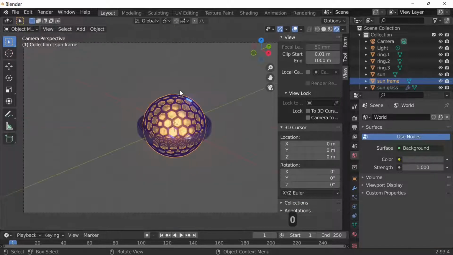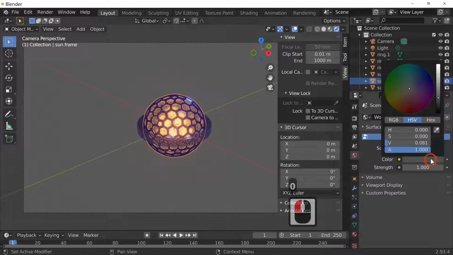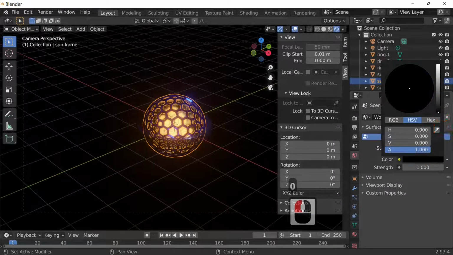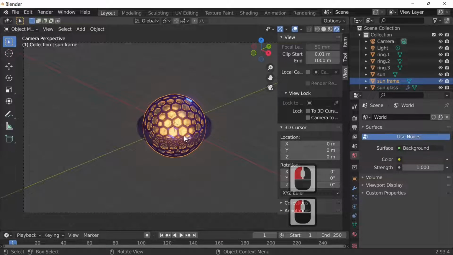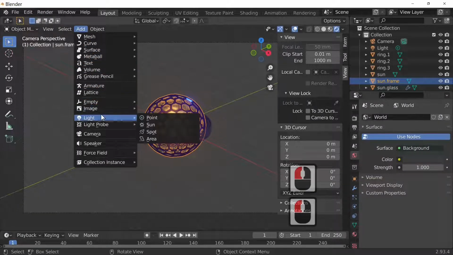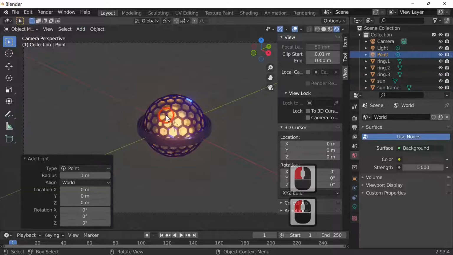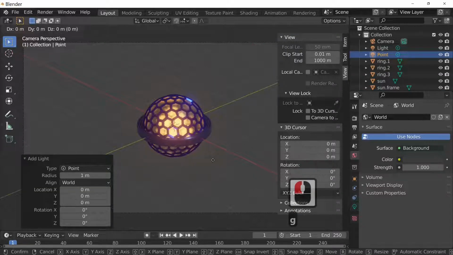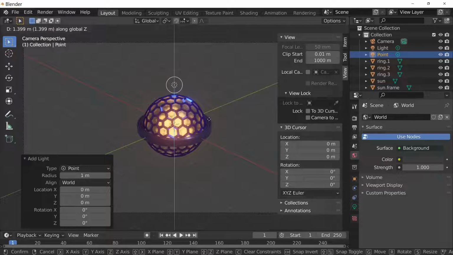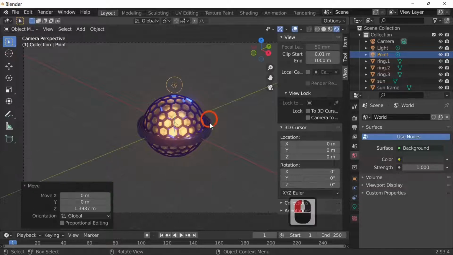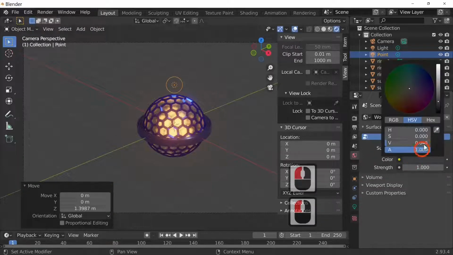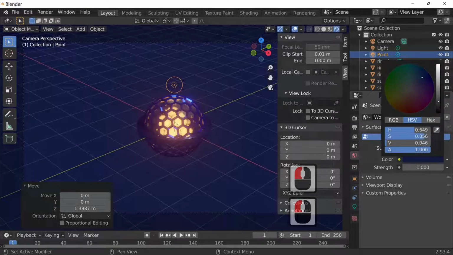Right, so we're looking through our camera. As you can see, there's not enough light there, so let's add a few lights. I'm just going to add in a light, and the light I'm going to add in is a point light, and G and Z. G is our go key or move, and Z is the direction it's moving. So if you put G and Z to the top, we can move the light up to the top, and we can make it any colour we want.